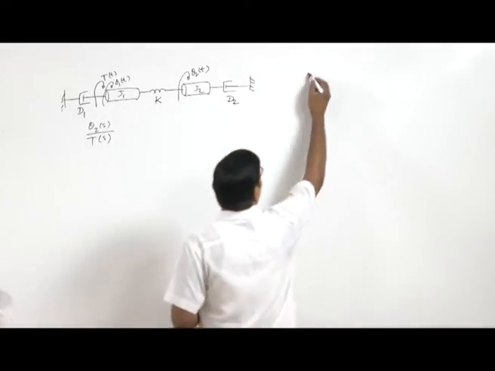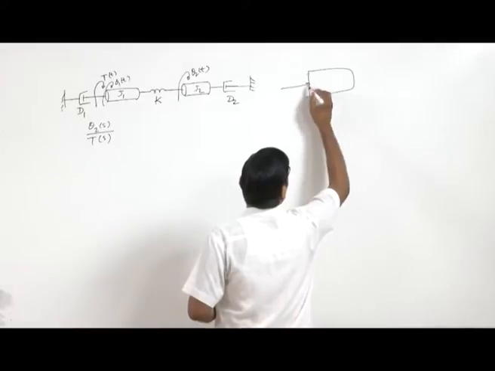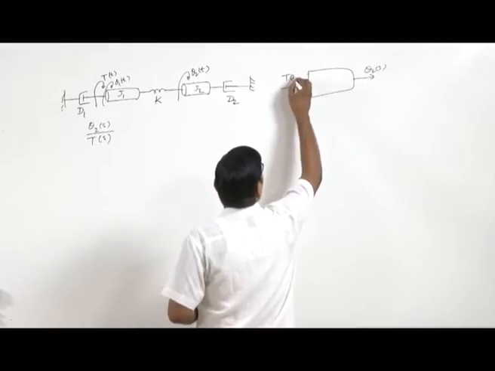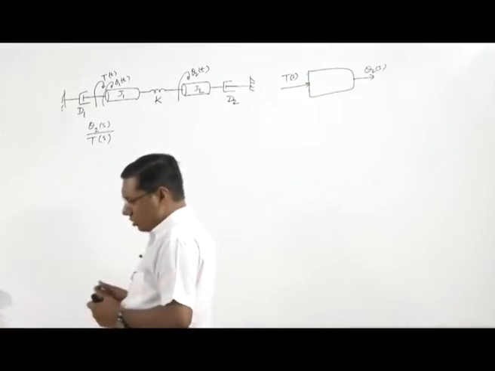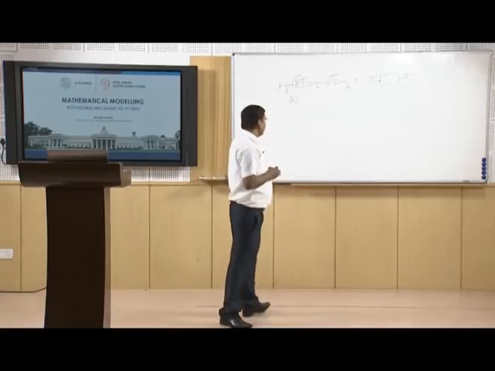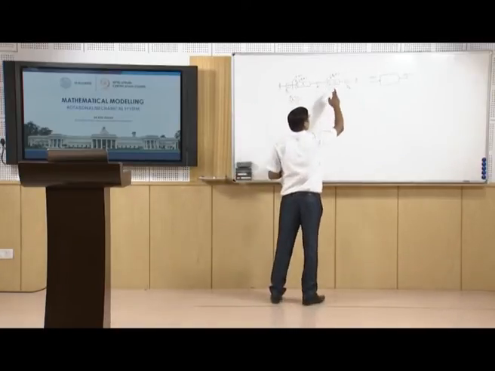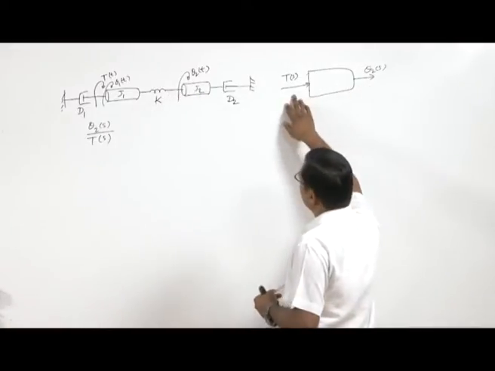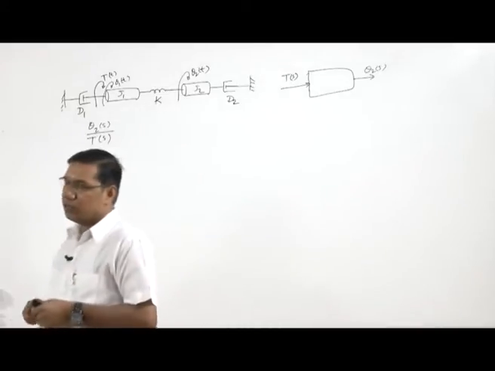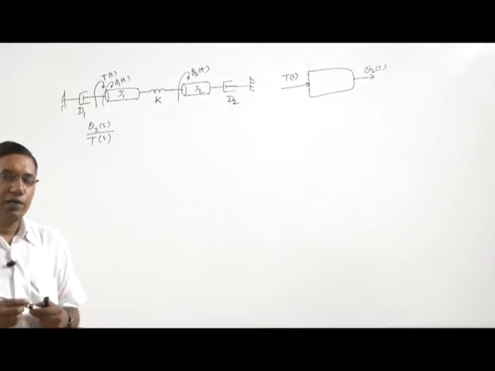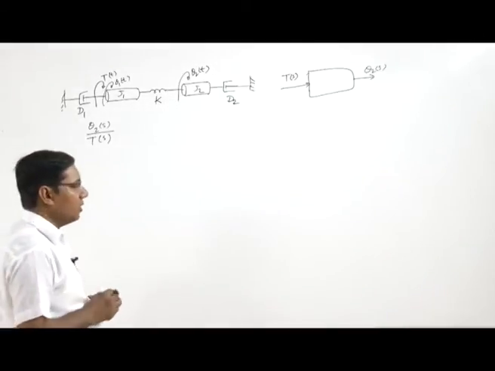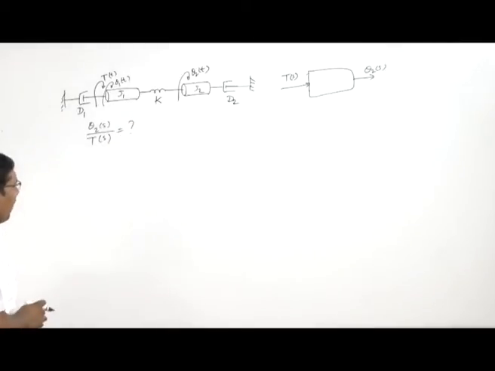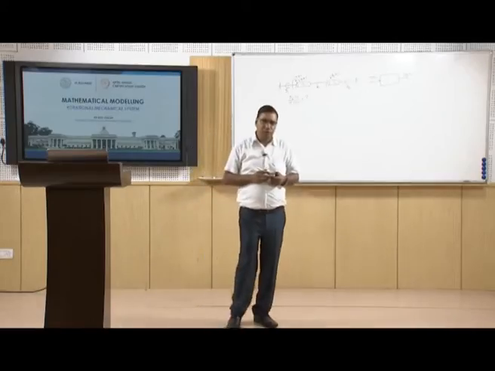So, we have to find theta 2 s and this is T s. The input to the system is the torque and the output is theta 1 and theta 2, but here we are interested in finding this transfer function theta 2 s by T s. It is also possible to find the transfer function theta 1 s by T s in the same manner. Now, when we want to find this transfer function, again we have this 2 degree of freedom system, and